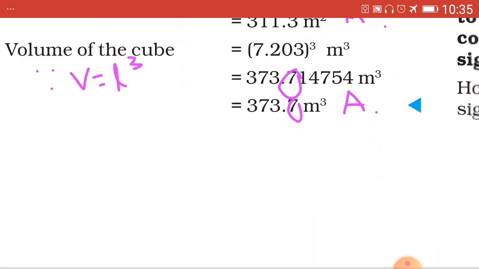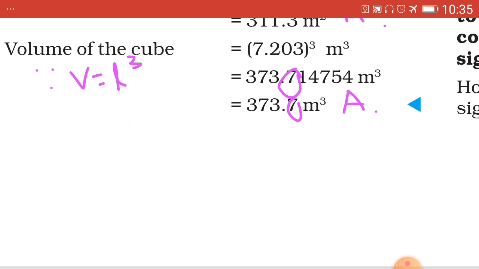Now after the decimal here also one digit is to be written for totally 4 significant figures. So now after 7 the digit is 1, which is less than 5. So on rounding up, we haven't to round up, and the digit 7 remains as 7 only. You haven't to add up because the digit 1 is less than 5. Hence V equal to 373.7 meter cube, which is the final answer.